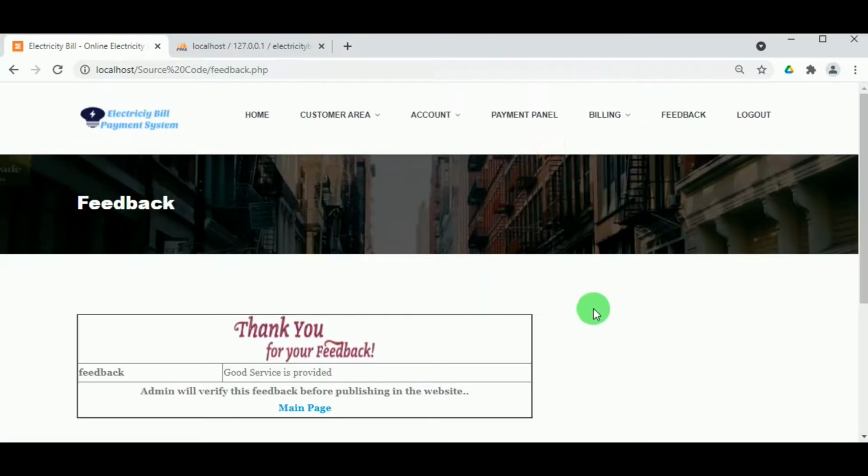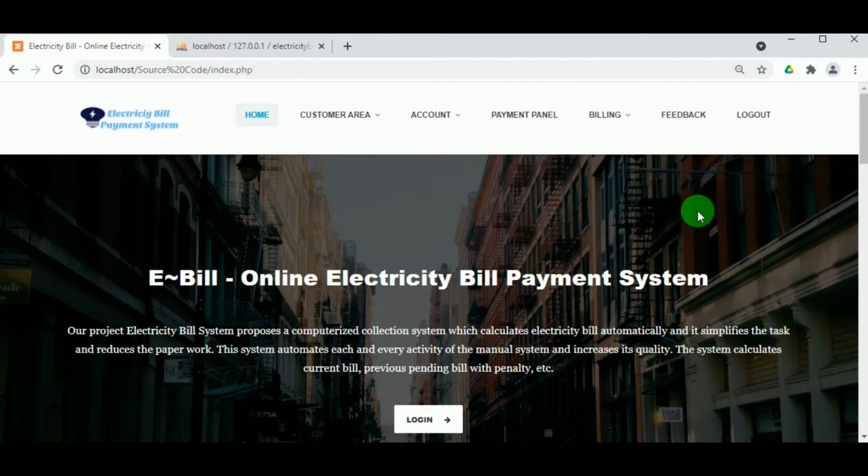So once the feedback is sent, the customer can view the main page, and in their account they can view their account details. And now let us log out from the customer.